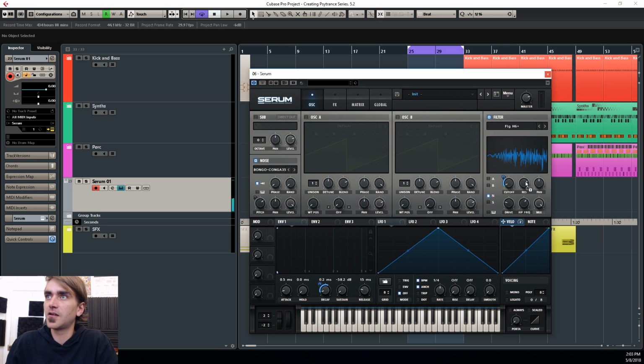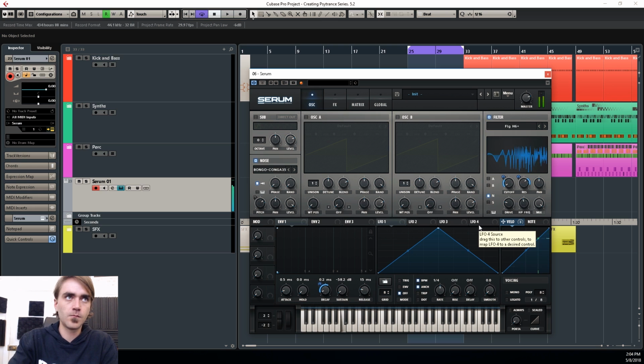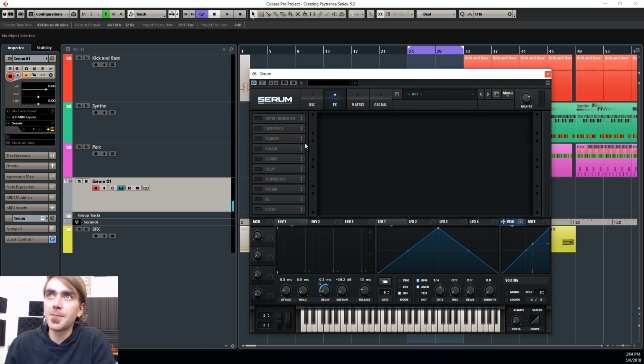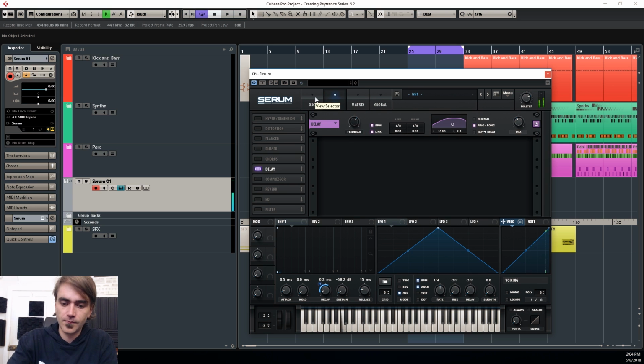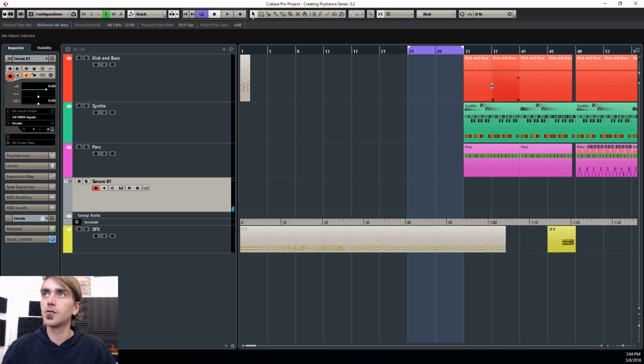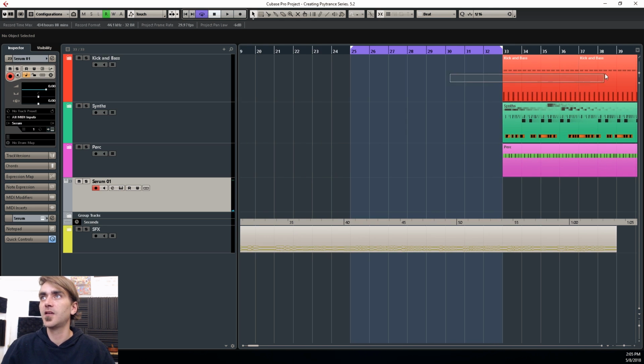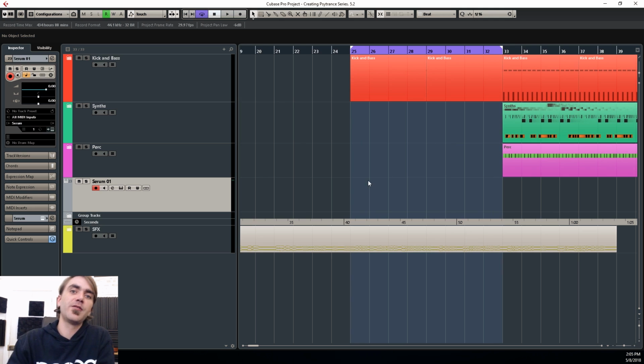And let's put the velocity onto the resonance as well. Cool, now let's put some ping pong delay on here. Let's put it to 1/8 dotted, my favorite. Cool, so now let's put the kick and bass over here, and let's play that while we randomly input some